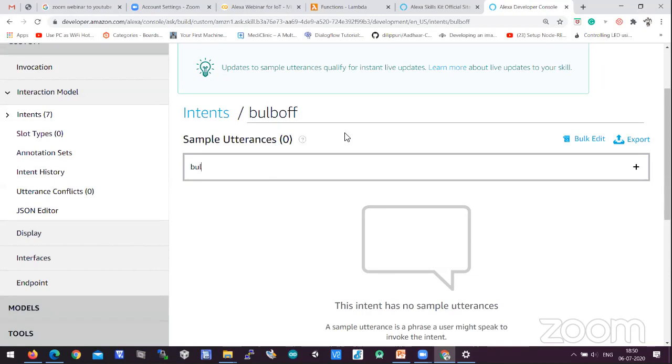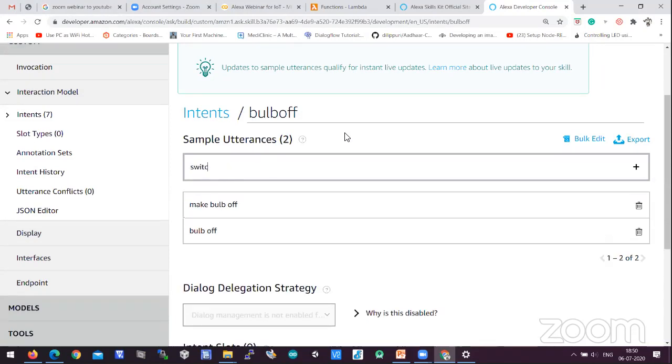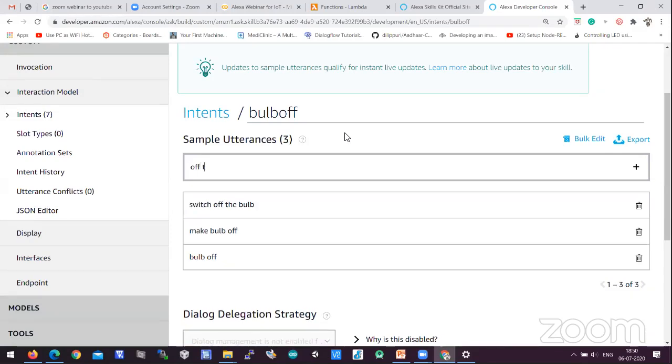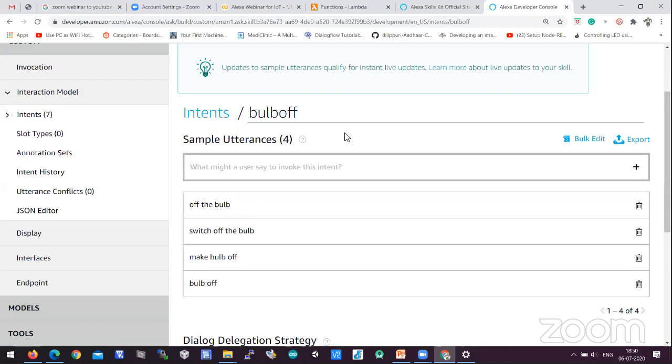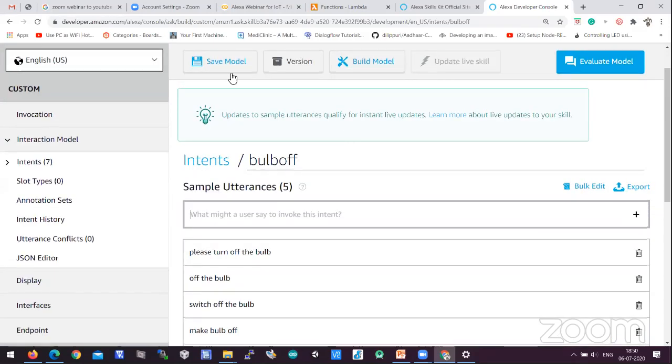Bulb off, make bulb off, switch off the bulb, off the bulb, please turn off the bulb. Okay, so the maximum sample utterances. Let us save this. It's simple. What we did here, we have given